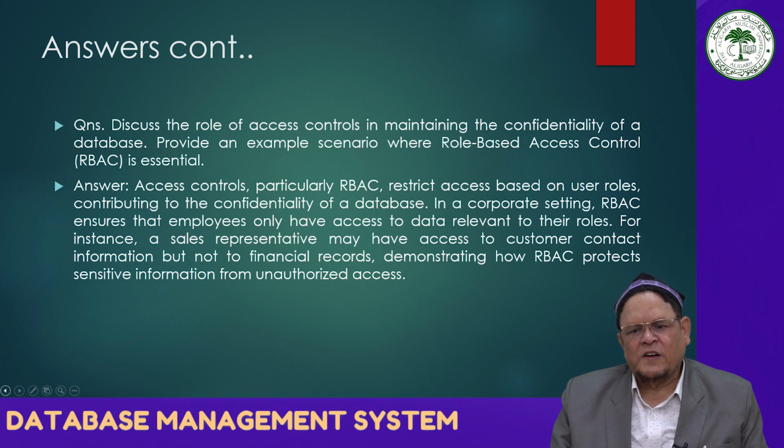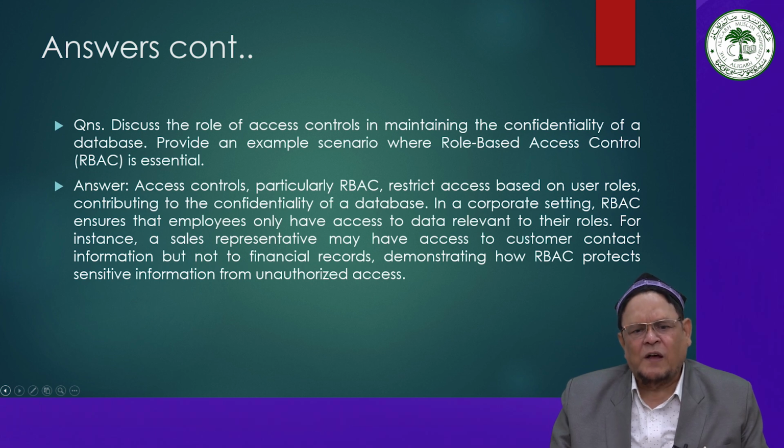In a corporate setting, role-based access control ensures that employees only have access to data relevant to their roles. For instance, a sales representative may have access to customer contact information but not to financial records,